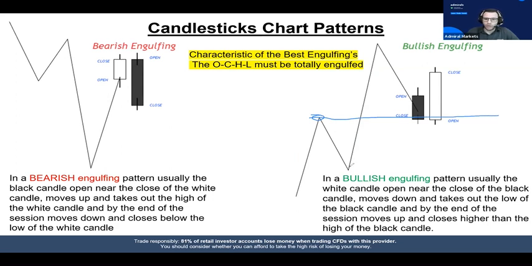Maybe you can draw your fib from here to there, and you can see that you are in between the 50% area and 61.8% retracement. So it's also very, very strong